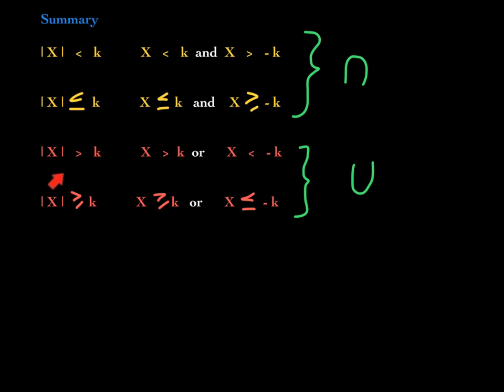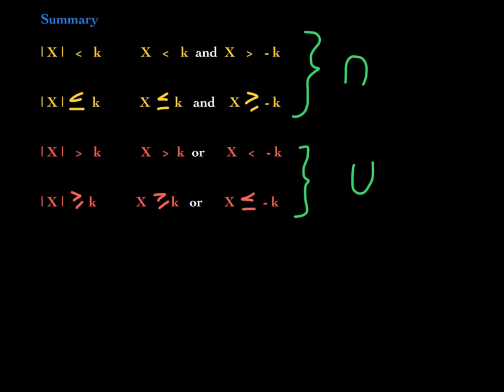These ones in red are greater than or equal to. These are union type of problems. But the same pattern, folks. Same exact pattern. It turns into a compound inequality, this time with the word or in the middle. But the first inequality is exactly the same. The second one, notice the two things that change, the symbol and the sign. Greater than or equal to, it's a compound inequality with the word or. First inequality looks the same. Second one, the symbol changes and the sign. Please, if you can learn math by following the pattern, I think that would make a lot more sense